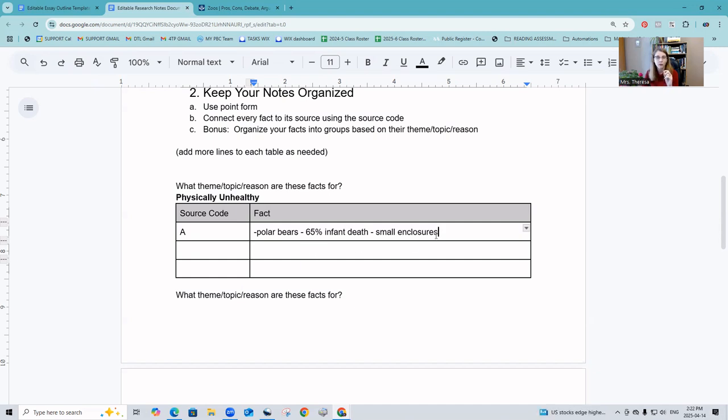So we use point form because it's faster, because we avoid plagiarism, and also when we go to write our rough draft, if we have sentences here, it is really, really hard not to just copy paste them. And what we end up with is a Frankenstein paragraph.